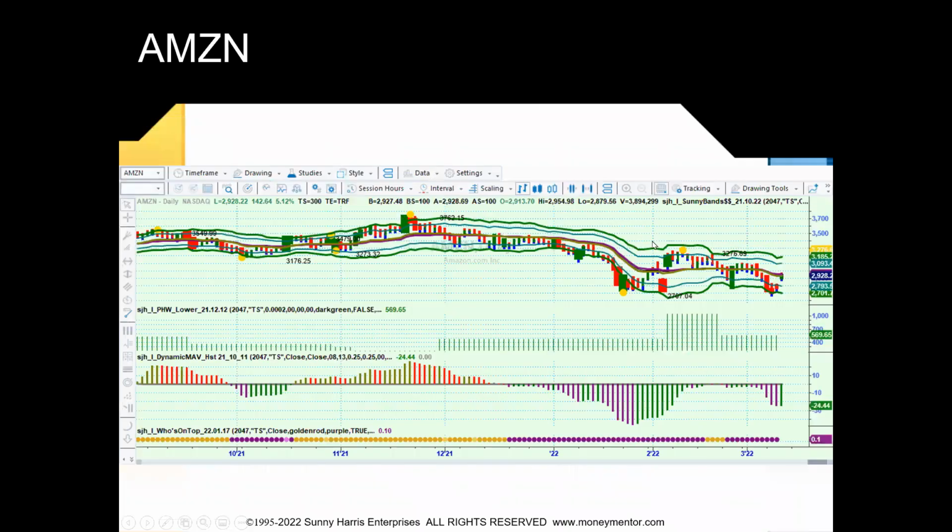This is Amazon, which is the most tradable of the stocks. I use my PHW in a radar screen window to scan for stocks. And Amazon just goes up and down, up and down, up and down for the most part. So there's lots of room to trade. It's not as wonderful as an investment as it is as a tradable.